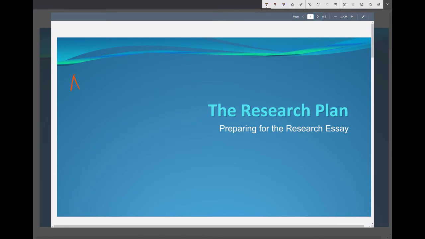So we have assignment 3. That's your research proposal. And then assignment 4 is going to be your research paper. And put together, these will be your major assignment for the course. And every course is going to have one of these, a big term paper, specifically a research paper. So in this course, we are teaching you how to do a research plan. And that's today's lecture, how to prepare for a research essay.